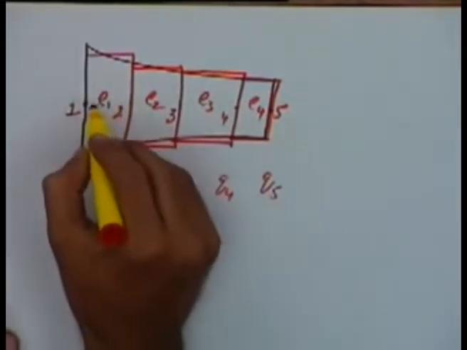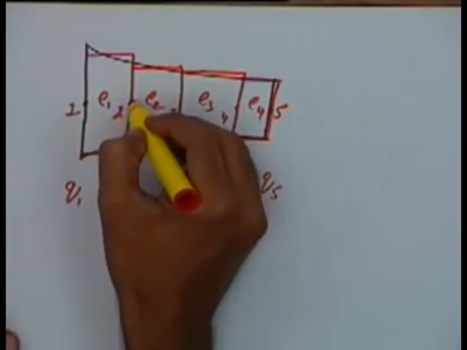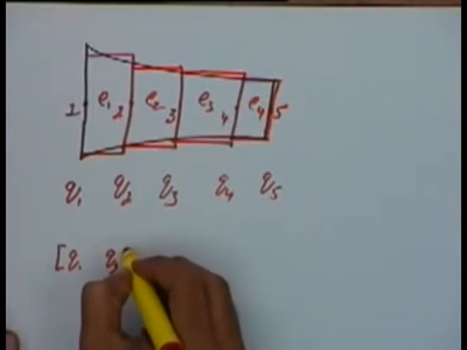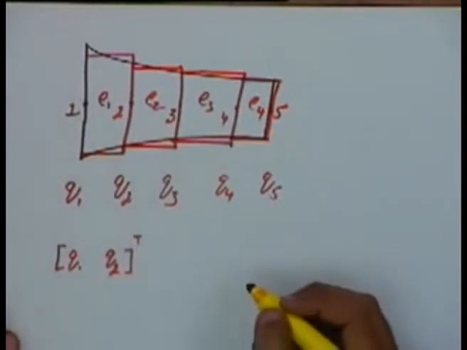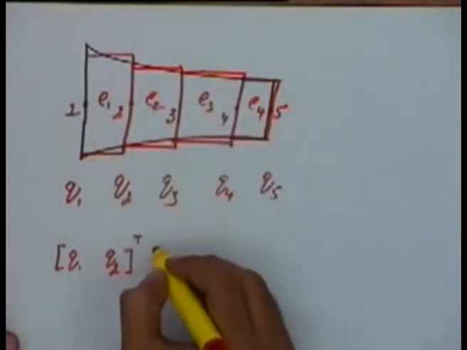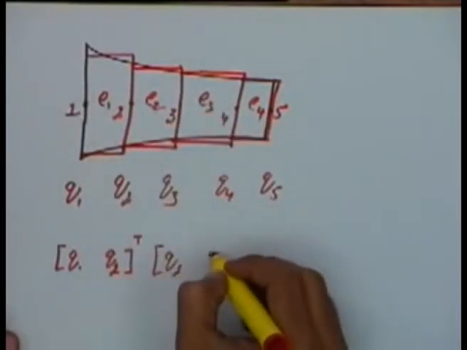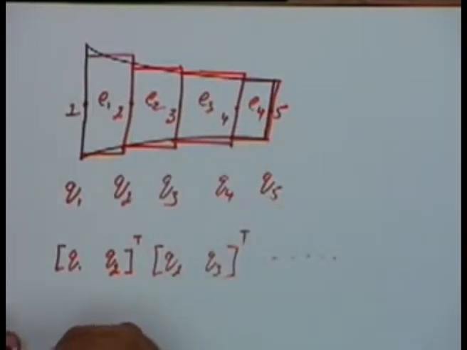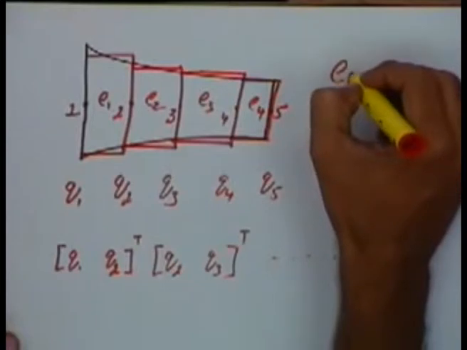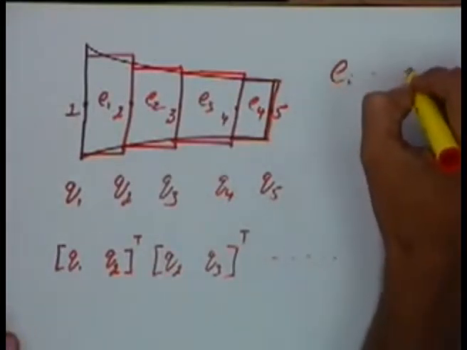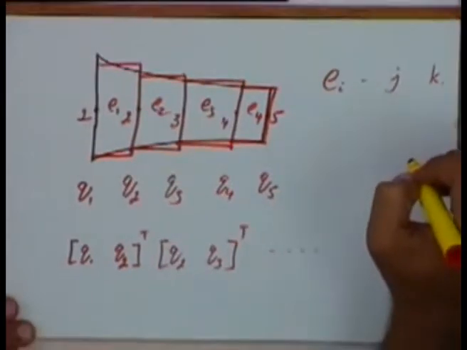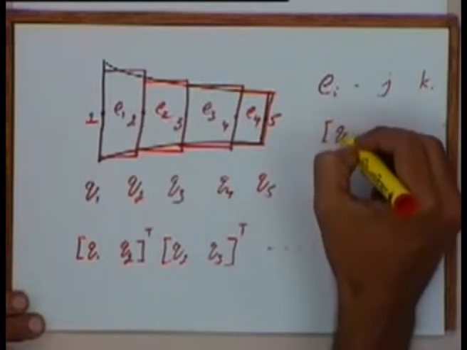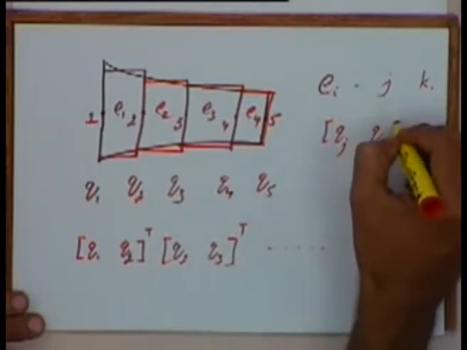okay. If we write down the deformation matrix for the first element, that will be the matrix [Q1 Q2] transpose. Similarly, the deformation matrix for the second element will be [Q2 Q3] transpose and so on, okay. So if we have an element Ei which is defined between nodes j and k, then the deformation matrix for this element would be given by Qj and Qk,